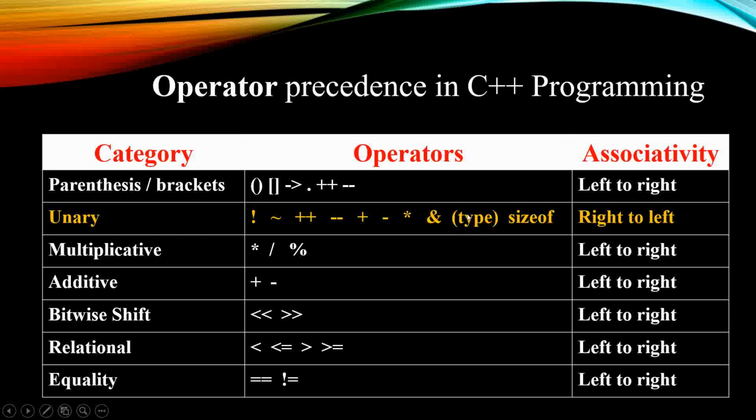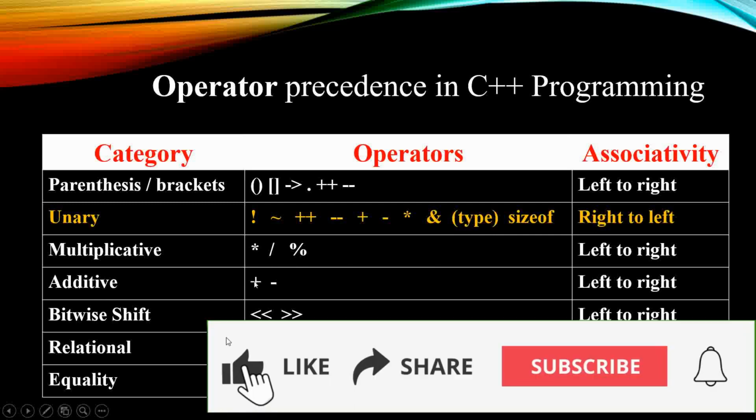ፖይንተርስ ናቸው ማለት ነው። ታይፕ ሳይዝ ኦፍ አለ። Always those will be executed from right to left ማለት ነው። ሌላኛው multiplicative የምንላቸው መልቲፕሊኬሽን አለ፣ ዲቪዥን አለ፣ ሞጁል አለ። Those will be executed from left to right because they have the same precedence. For example, especially this multiplication and division, they have the same precedence ማለት ነው። Those will be executed from left to right ማለት ነው። And also additive ላይ ስንመጣ ፕላስ ማይነስ አለ።